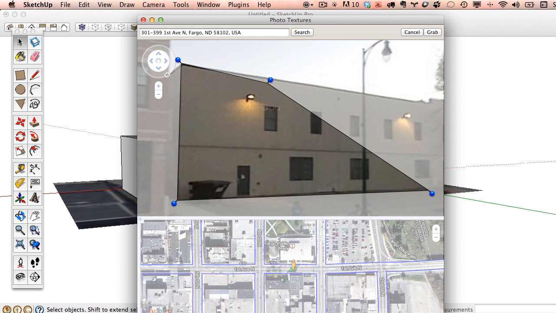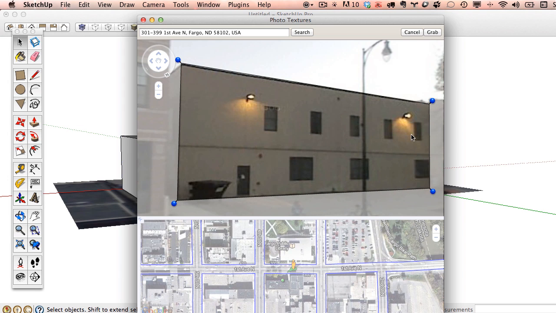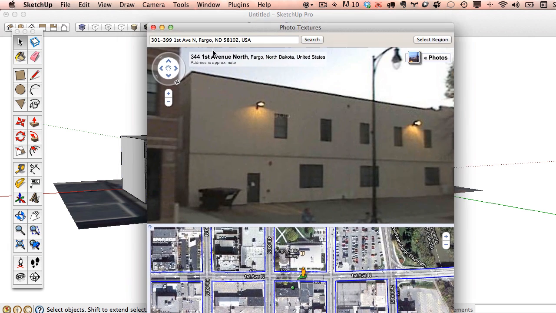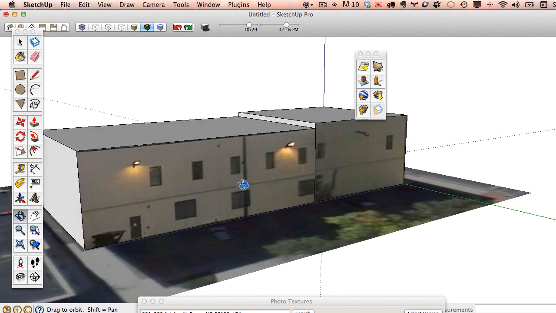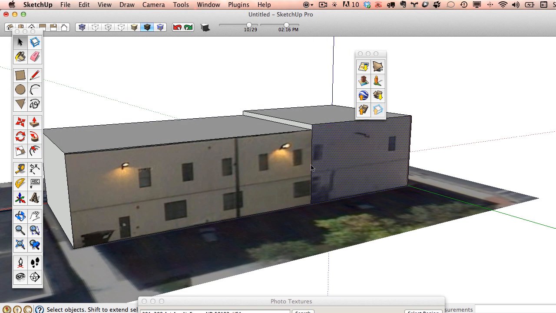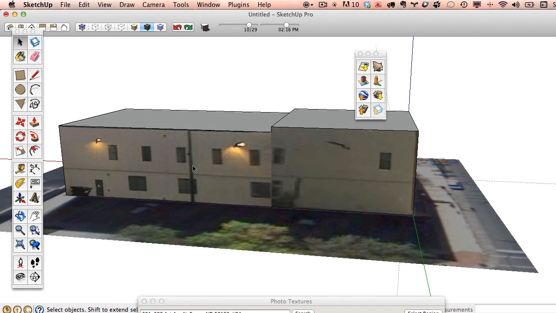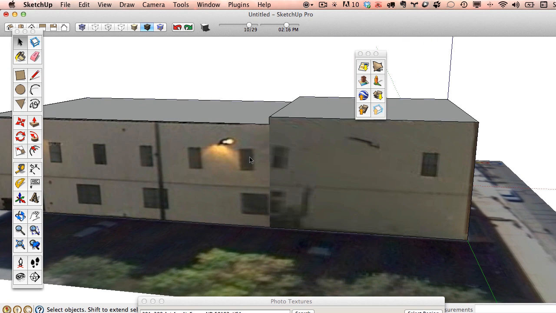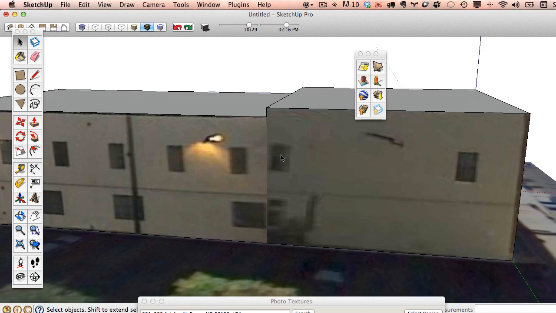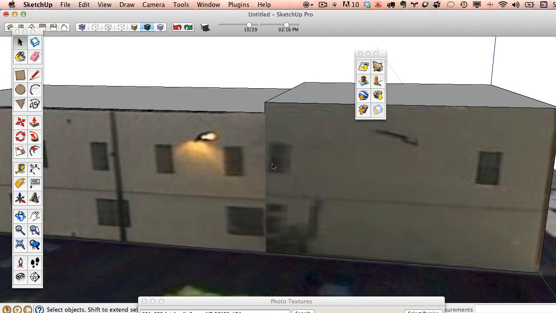And just get as close as you can. You have to really guess on some of these verticals. So this edge over here, I'm just making sure it looks somewhat straight in relationship to these windows. All right, grab, move that out of the way. And, not so bad. Now the center line here, you'll probably want to hide that. And there's that face. So, I think I wasn't quite that off in the walkthrough, but